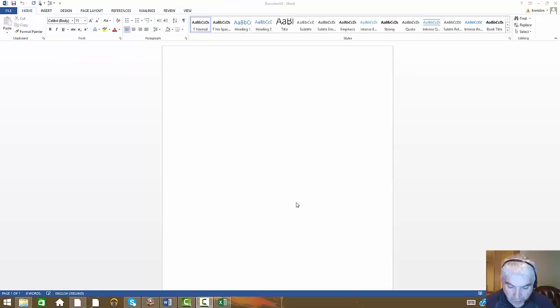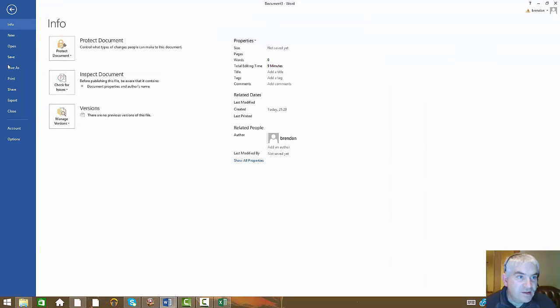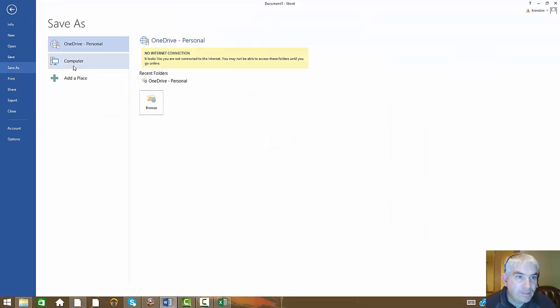Okay, number 11 asks us to do pretty much a similar sort of task with Microsoft Word. So I've opened up Word here. It asks us to create a Word document called Students and to save it within the student list folder. Okay, so we've opened up Word. We're going to save it. So we go to File, Save As,